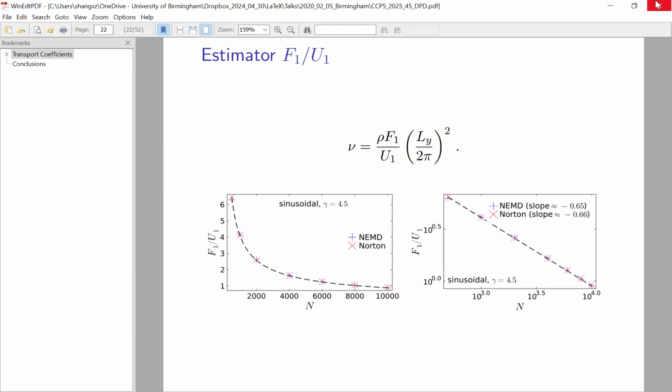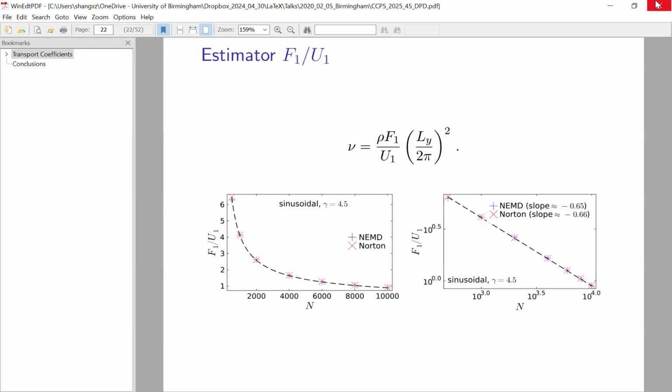So what we are seeing here is a plot of the F1 over U1, which is this term here, against the number of particles. Here we're just testing how this F1 over U1 behaves as we change the number of particles. But again, as we can see, both NEMD and Norton match very well when we change the number of particles here. But also, if we look at the log-log plot, it actually covers the expected slope of -2/3 for both NEMD and Norton. And also just to mention,